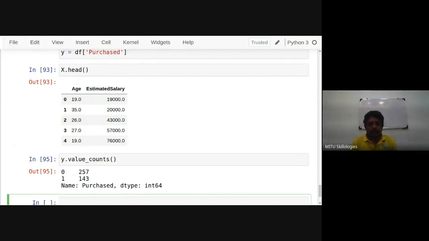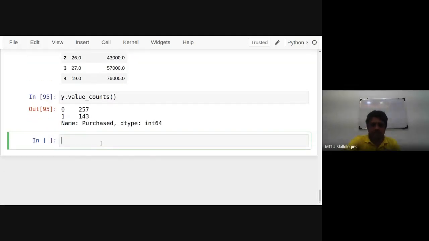You can see age ranges from about 18 to 60, and salary is 15,000 to 1,50,000. So their magnitudes are completely different. When the magnitudes are different, you have to normalize the data for regression concepts. Previously we did not have that variation, but here too much variation is there. That's why normalization is required. We'll see this concept in detail in the upcoming session, along with 3 normalization techniques and why we do that.